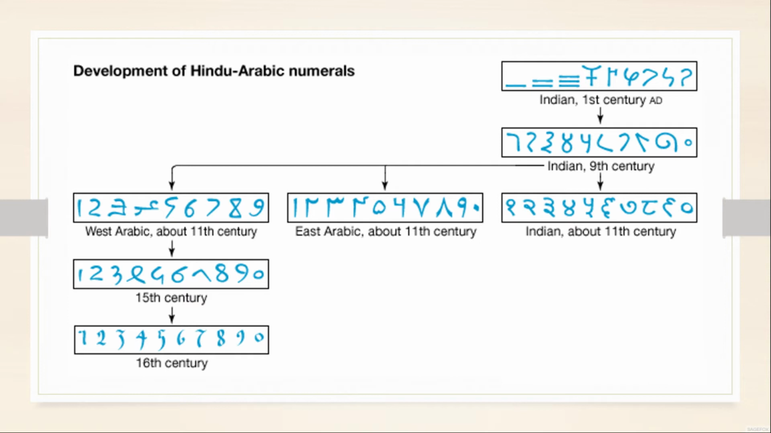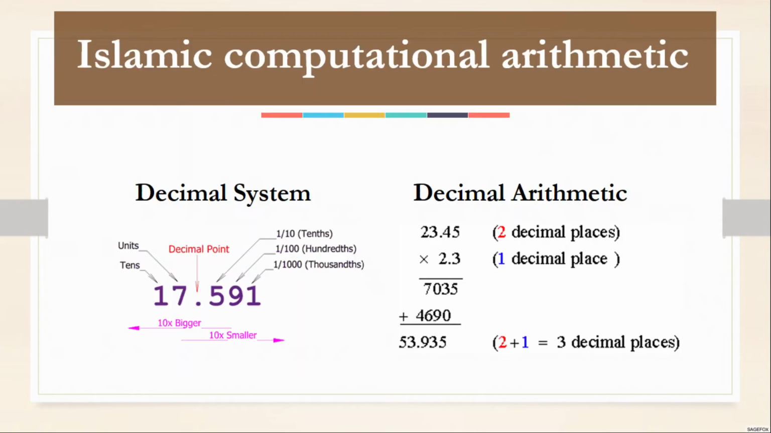Next, the development of Hindu-Arabic numerals. In India, from the 1st century after AD, you can see the 1st century, 9th century, 11th century in India, East Arab 11th century, West Arab 11th century, 15th century, and 16th. Next, Islamic computational arithmetic,